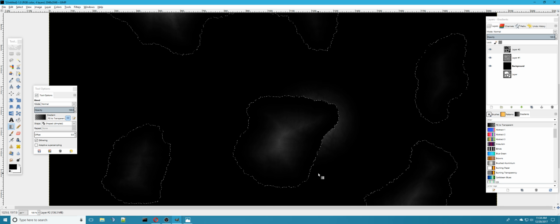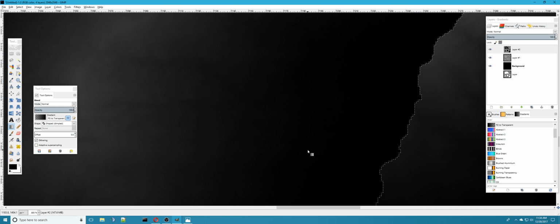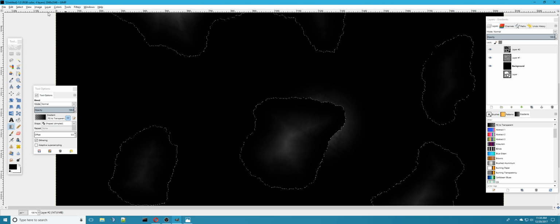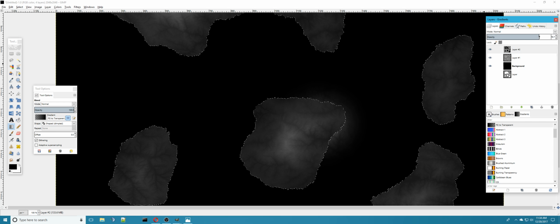Alright, that's perfect. However, as you can see, it looks very dark. It's a little bit too dark. So I'm going to grab right here the opacity of this layer, and I'm going to lower it. So when I lower the opacity,